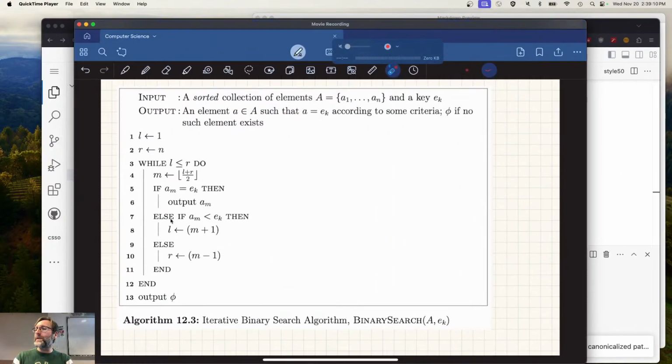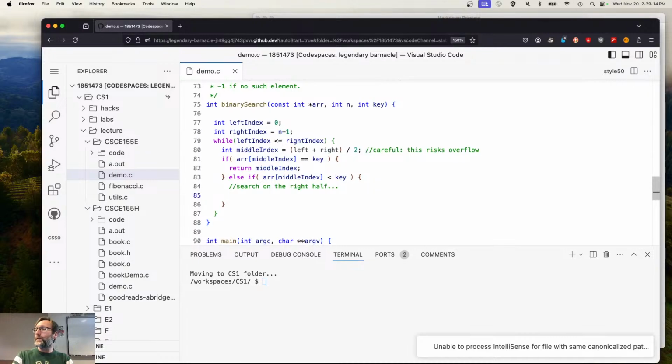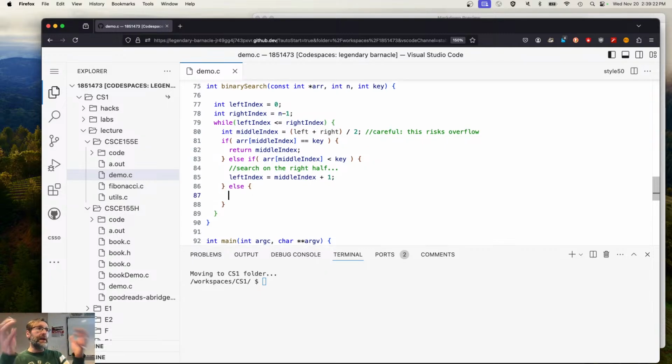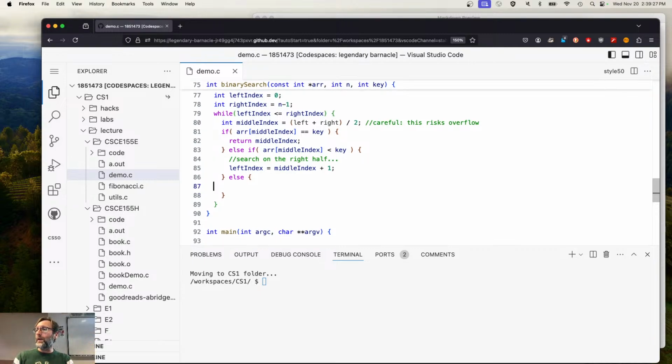Meaning that I'm going to update my left index to be middle index plus 1. So left index is equal to middle index plus 1. And then the only other possibility: it's either equal, strictly greater than, or strictly less than. So let me write that out explicitly. If the thing that I'm looking for is less than the middle index element, then I need to search